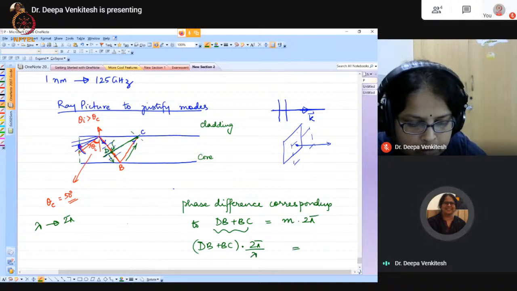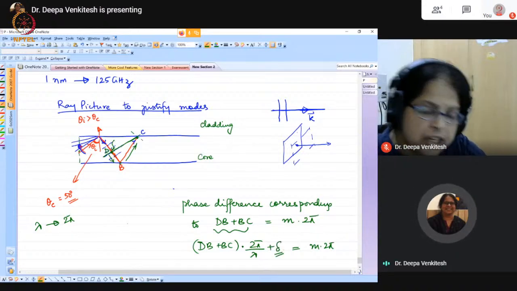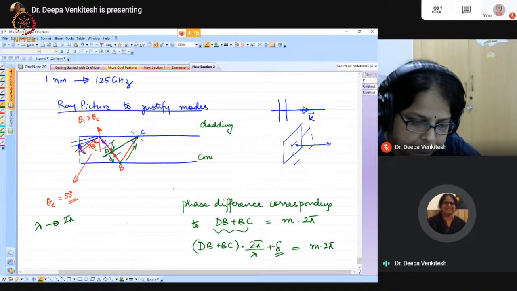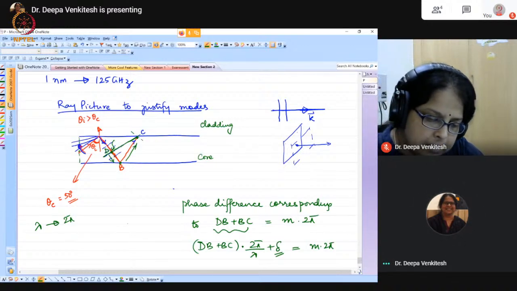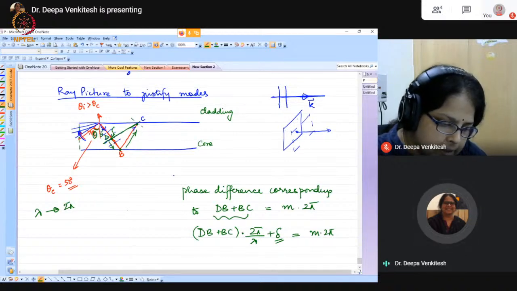This must be equal to m times 2 pi. Now we added a delta here to account for any phase change because of deflection, right? Then what you did was simple algebra. What we said was, let's say this angle is theta, this angle is also theta. So this angle is theta, this angle is theta, which means this angle